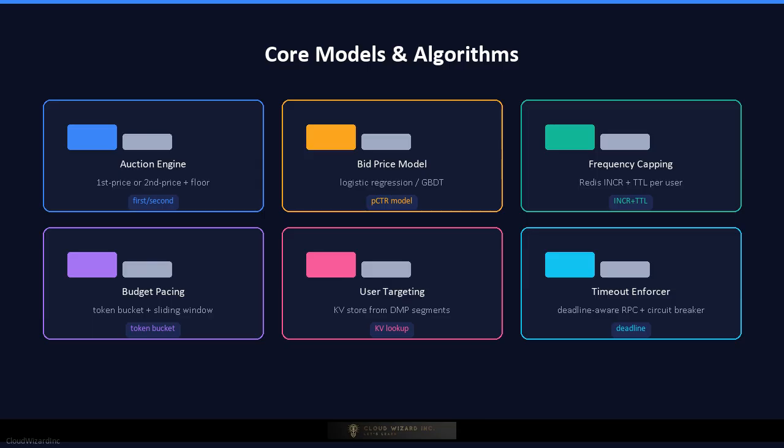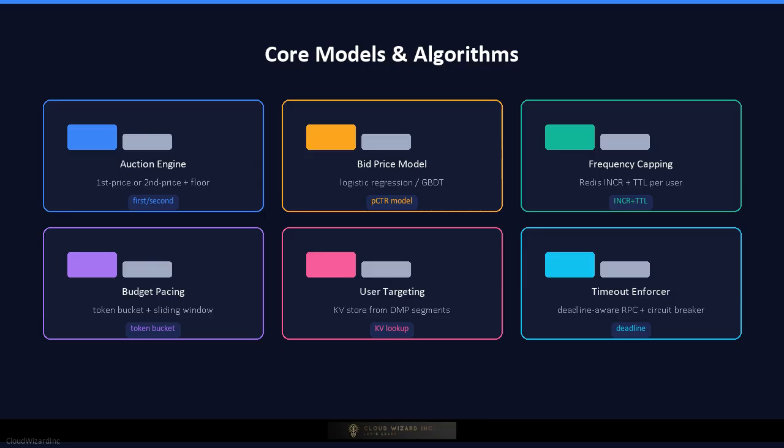Frequency capping uses a distributed counter keyed by user ID and campaign ID, stored in Redis with a TTL equal to the frequency cap window. Budget pacing uses a token bucket or a smooth pacing algorithm that spreads spend evenly across the day to avoid front-loading. User targeting matches incoming user signals against audience segment membership stored in a key value store preloaded from a